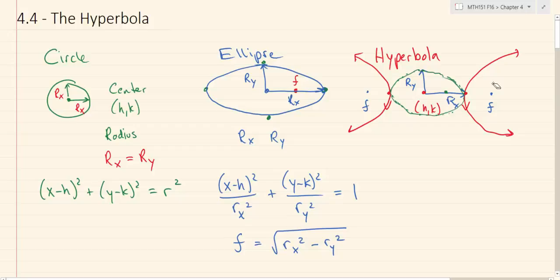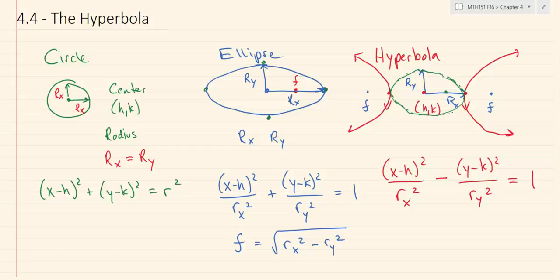So what's the equation of a hyperbola? It looks like this. (x minus h) squared divided by r sub x squared. Hey, that looks familiar. Minus (y minus k) squared divided by r sub y squared equals 1. So it's the exact same formula that we had for the ellipse, except instead of adding the two things,